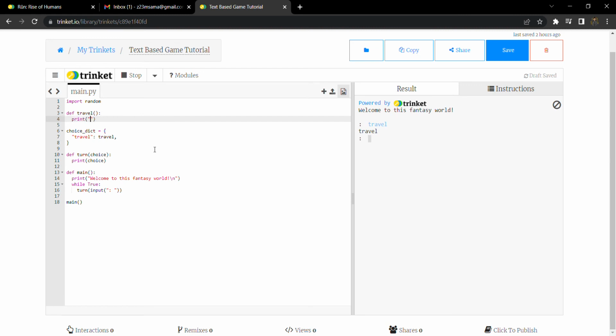For now, we'll just write hello, just to fill something in real quick. So, what we want to do here is check if choice, the input of the user, if choice dot lower, because we want that lowercase. You never know if the user is going to type in all caps or type the first letter in caps. If choice dot lower is in choice dictionary,